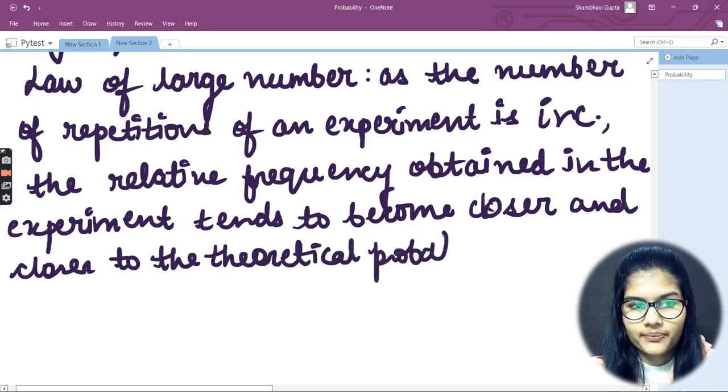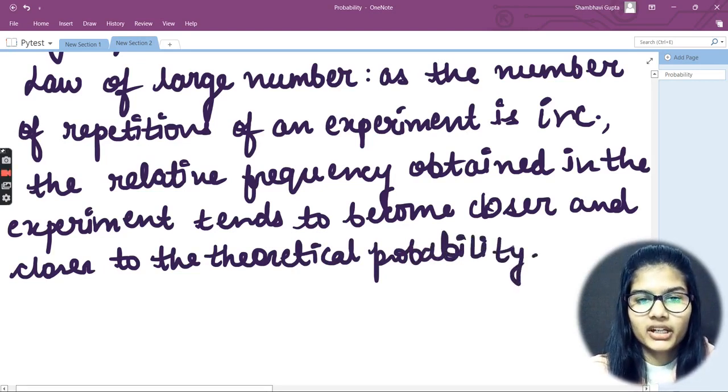Okay, probability. So the law of large numbers says that as the number of repetitions of an experiment is increased,